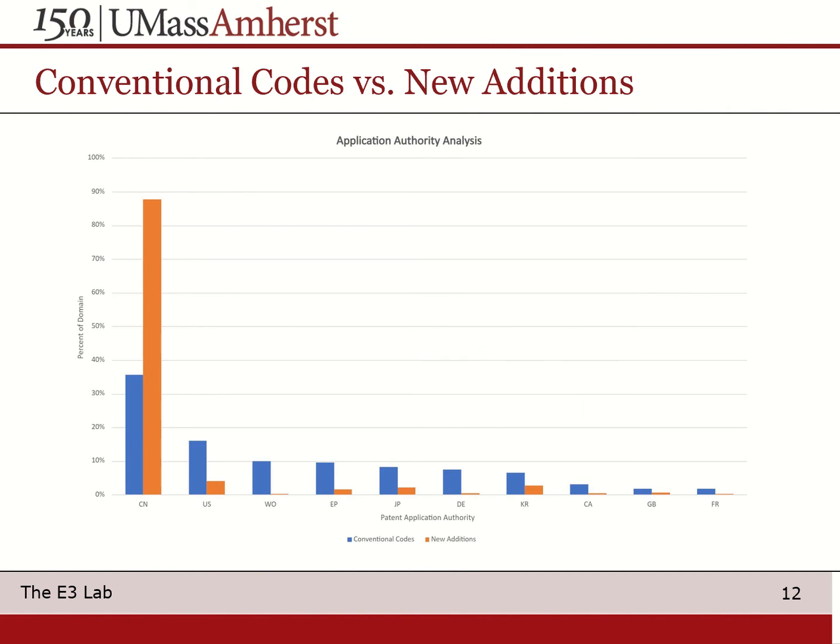We also compared the application authorities between the new additions and the conventional codes. This was done by taking the top 10 application authorities within the entire PatStat dataset. For example, there's China, the US, the rest of the world, Europe, Japan, and Germany. It was found that our new additions were more heavily concentrated within patents filed from China in comparison to the